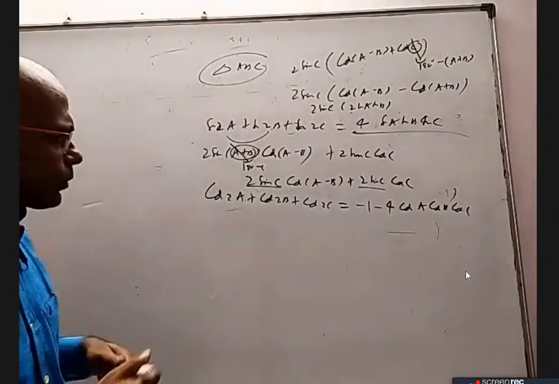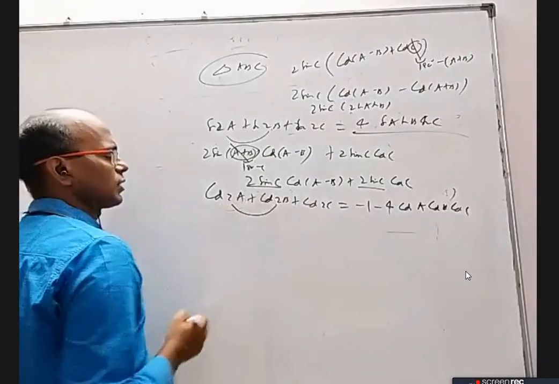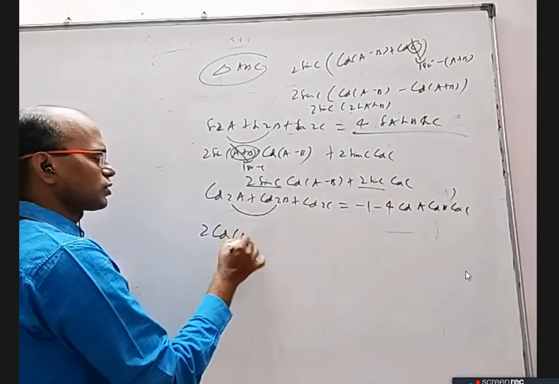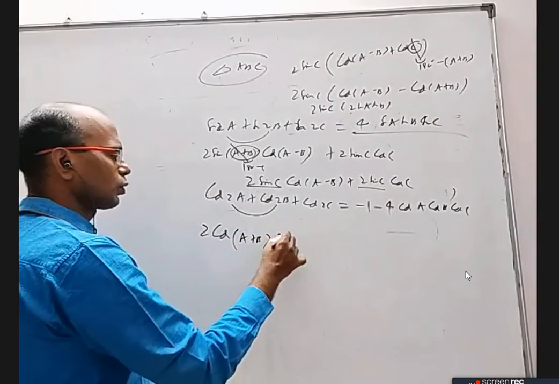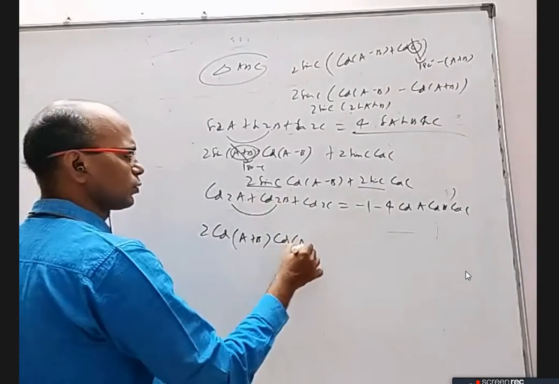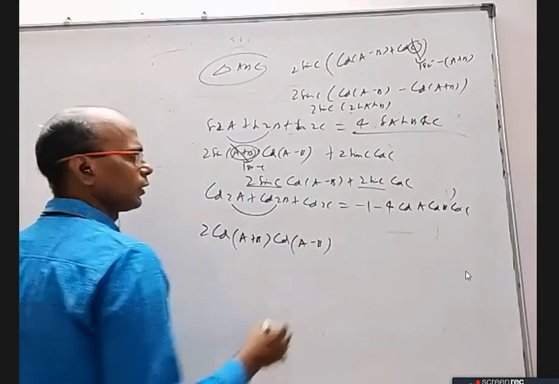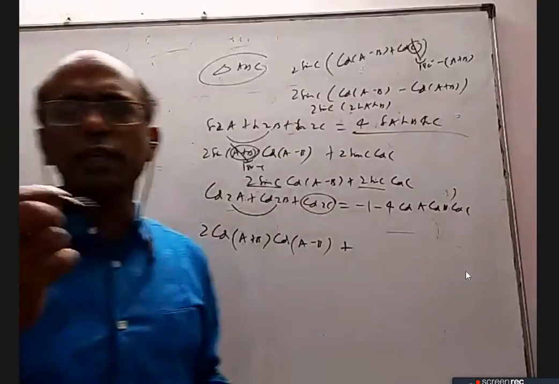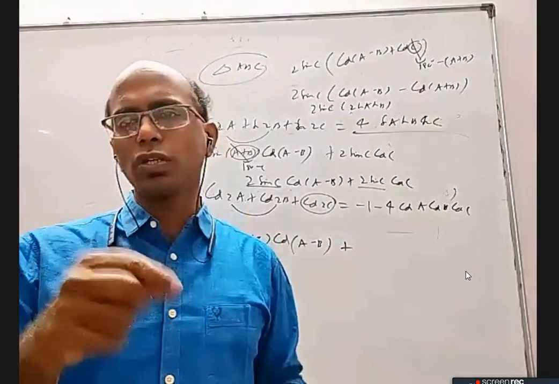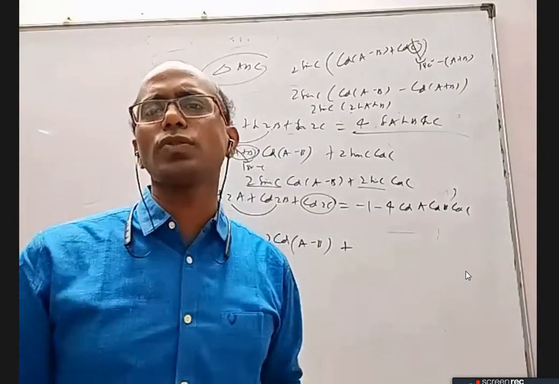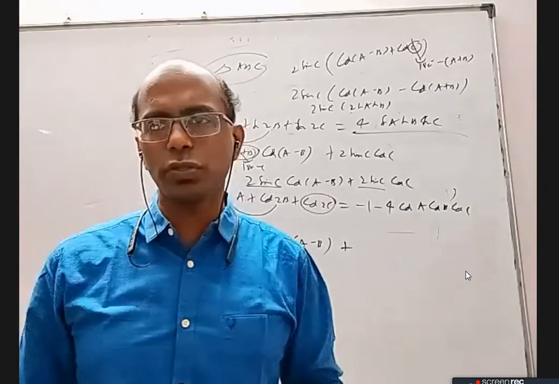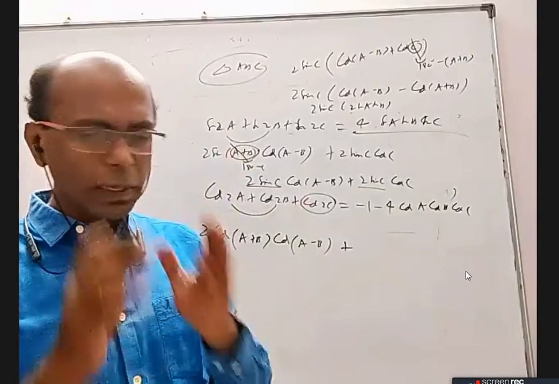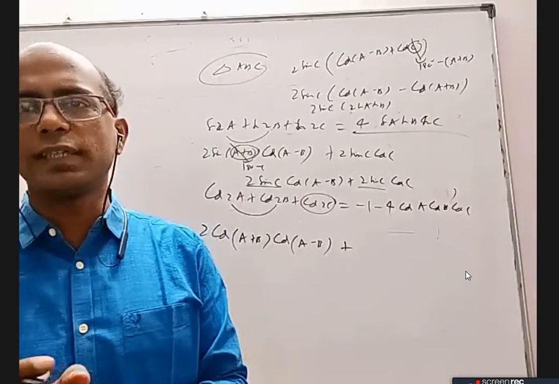Coming to this, if I apply transformations for this, 2 cos this plus this by 2, which is a plus b, cos this minus this by 2, which is a minus b. Now cos 2c has 3 formulas: cos square c minus sin square c, 2 cos square c minus 1, 1 minus 2 sin square c. Which one to be used? There are 2 ways to know. Out of the 3, which is best? Depending on the question, you can always decide easily.